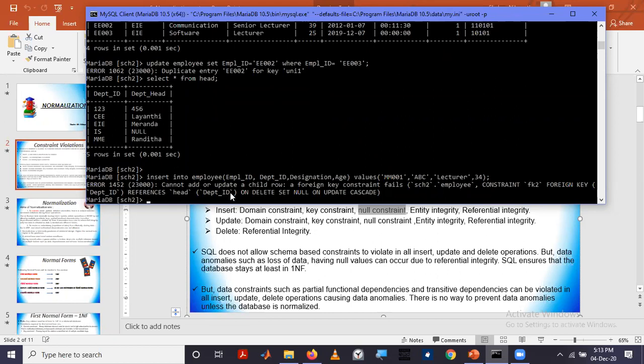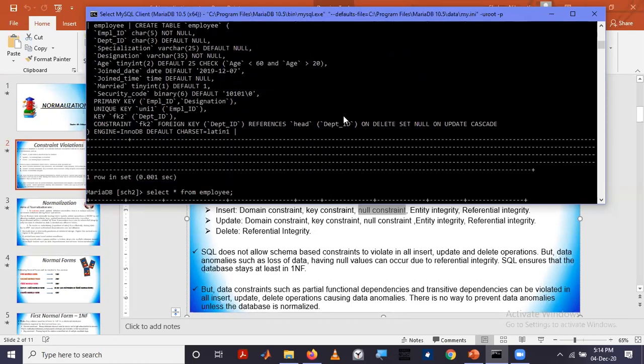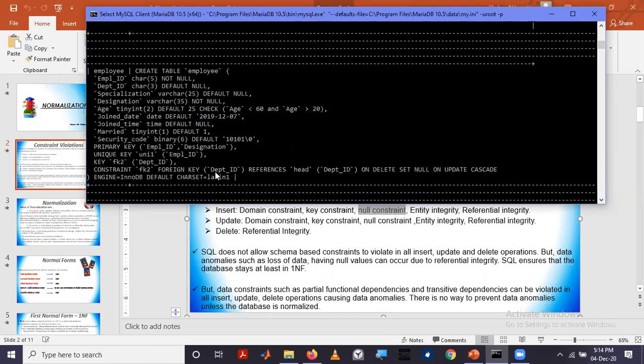Yes, it says cannot add or update a child row. There is a foreign key constraint. It will fail if you insert like that. Right? So that's what will happen. So if we have not set this one, for example, on delete set null, and on update cascade, if we assume that we have not given that, then we will not be allowed to delete any entry from the head table.